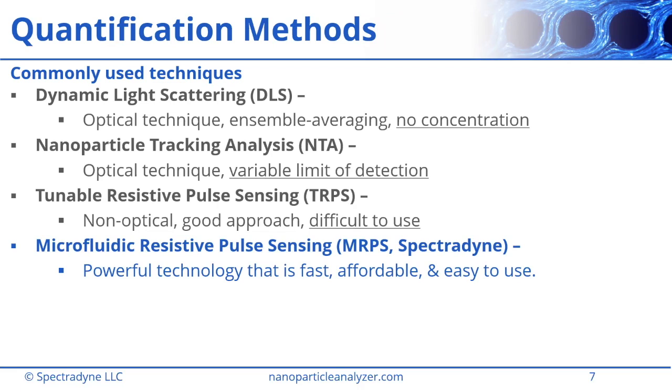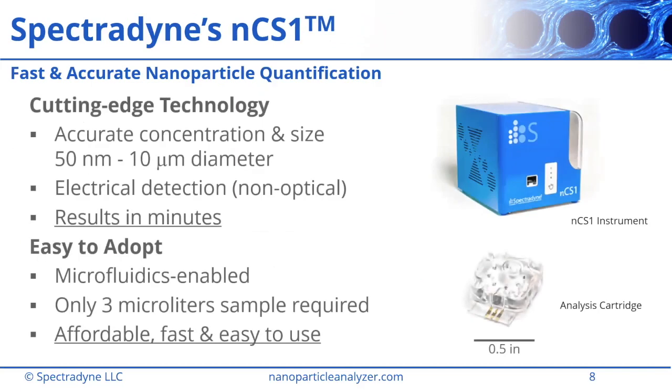Let me give you a minute describing our product and exactly how it works, because it's new and maybe you're not familiar already. So this is a picture of our instrument. It's called the NCS1. It's smaller than it looks in the picture. It's only about 30 centimeters wide on a side. This is a brand new technology that delivers accurate concentration and size starting from about 50 nanometers in diameter up to as big as 10 microns. So it really spans the gap between